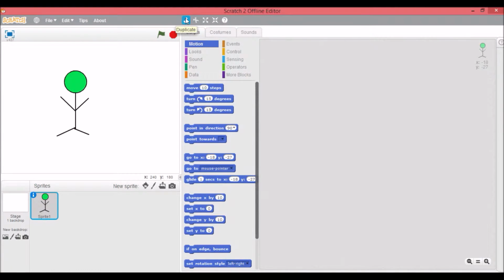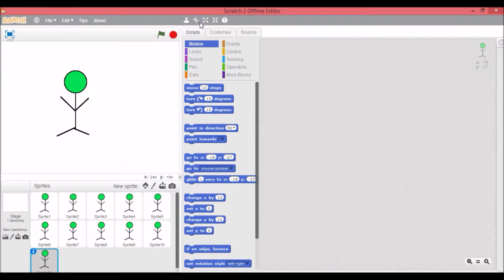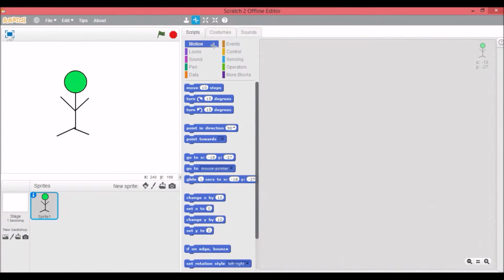This will duplicate stuff. Hold shift to duplicate multiple times without having to reselect. So if I duplicate like that, it unselects it, but if I want to duplicate it 5 times, I just hold shift and I can click as many times as I want and get a bunch of those little green guys. Then we have delete, which when you hit it once it'll delete the sprite, but once you do that you have to reselect it. So if you want to delete a bunch of guys, hold shift, and there we go, we've deleted a bunch of guys. This will make sprites bigger, make sprites smaller,